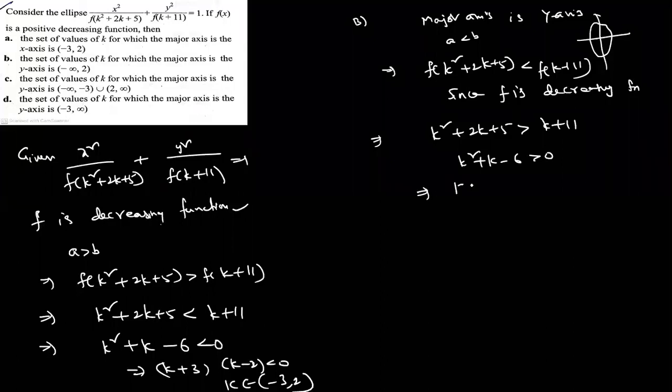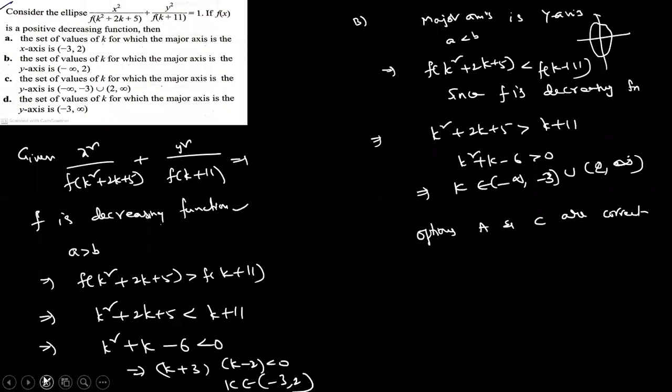So what is the meaning? K belongs to minus infinity to minus 3, union 0 to 2 to infinity. So see the option. So option B is failed. So option C is correct here. Dear students, okay? Option C, that means A, C both are correct. So options A and C are correct. So please write on this one. Remaining cases are not possible.